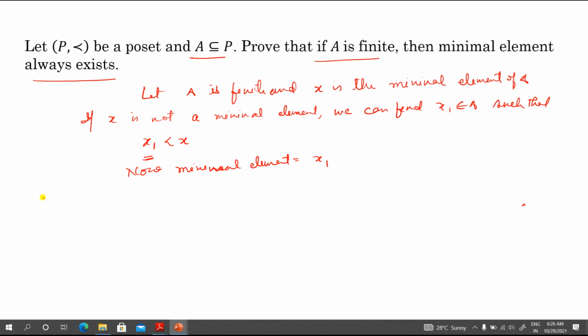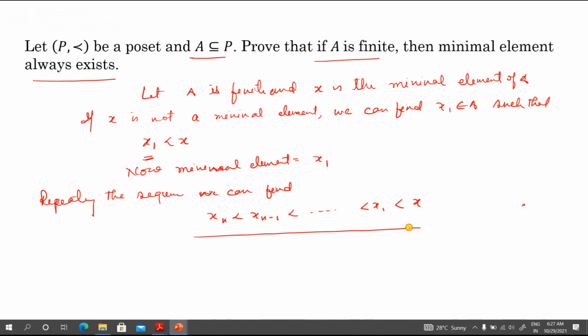So repeating the sequence, we can find, suppose, xn precedes xn minus 1, and so on up to x1, precedes x.